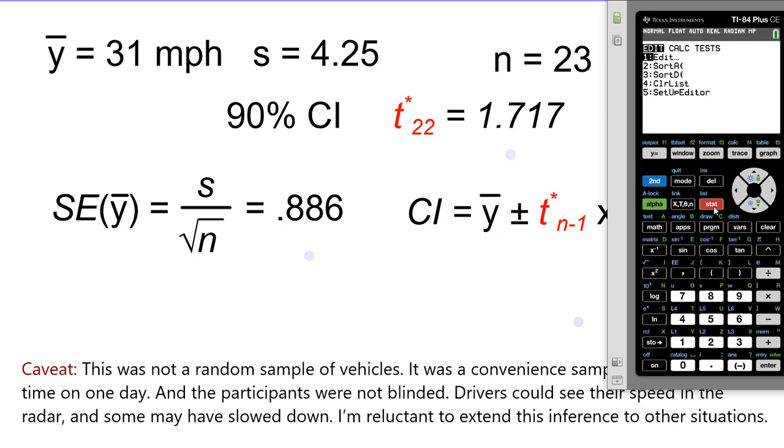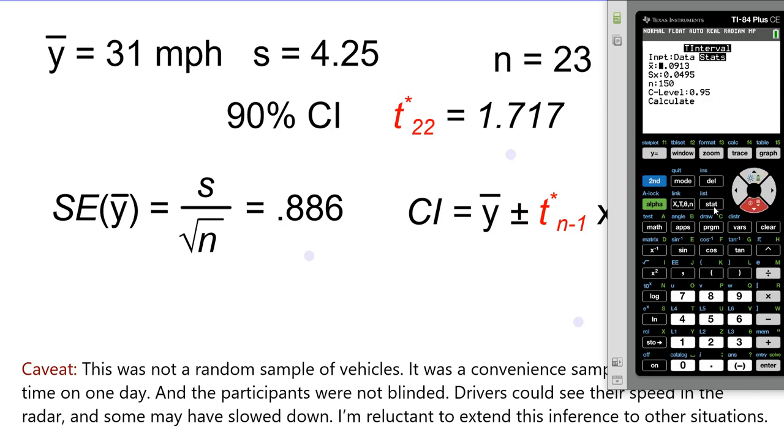So I'm going to go from stat, go over to test, and we're not doing a test, we're actually doing an interval. And it's not the z interval because we don't have the population parameter, because we don't know what the true standard deviation and mean speed is. We're trying to estimate the population mean. So instead we're using a t interval, which reminds us that it's based off of inferences for means, and we don't have the actual data, but if we did, we could put that in, but they gave us the summary